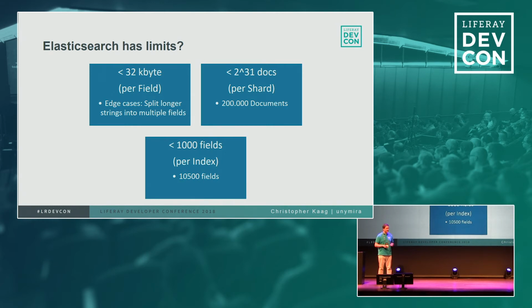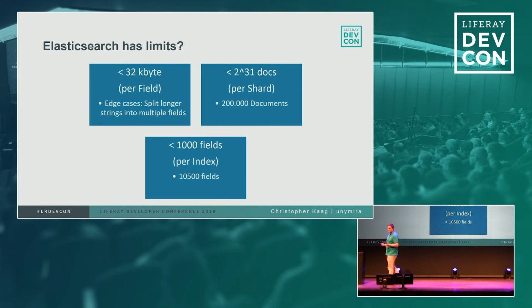So a good solution, if you have longer strings, is to just split them into two fields. You can do this via the indexer postprocessor I just showed. If you find a string with a length bigger than 32,000, split it on demand. This works. Secondly, there's of course a hard limit on the number of documents Elasticsearch can actually store, and this